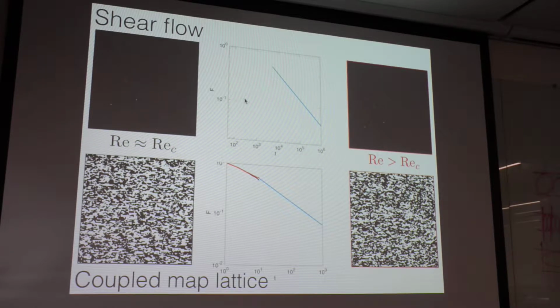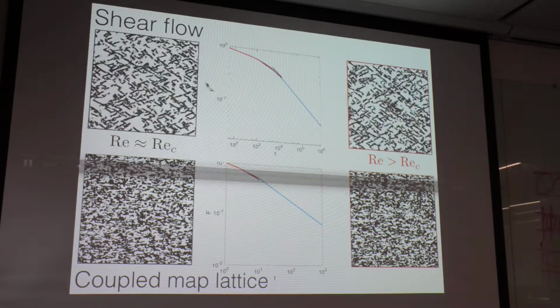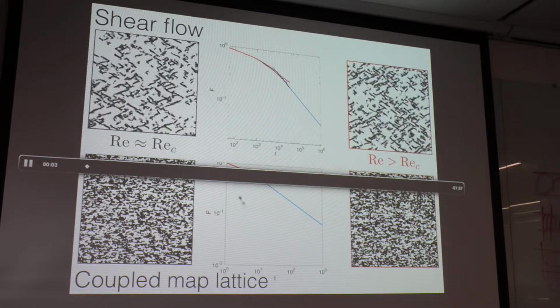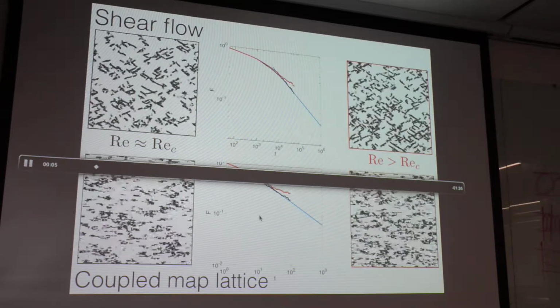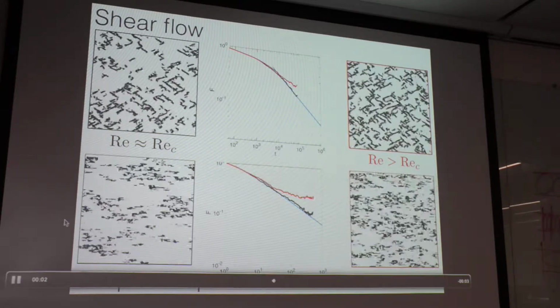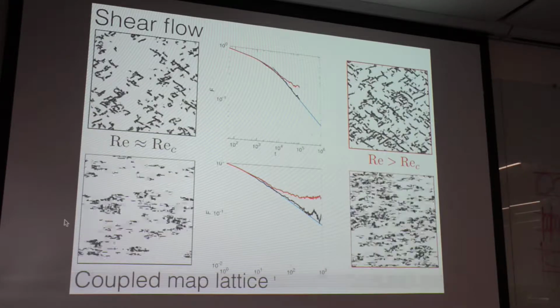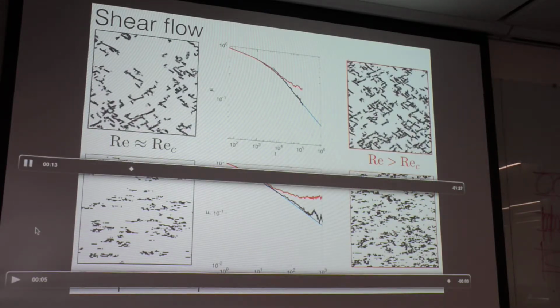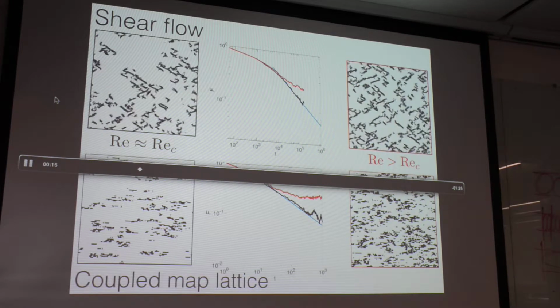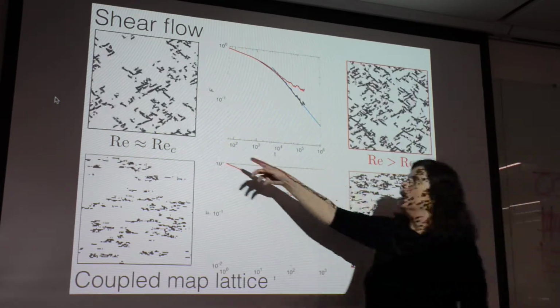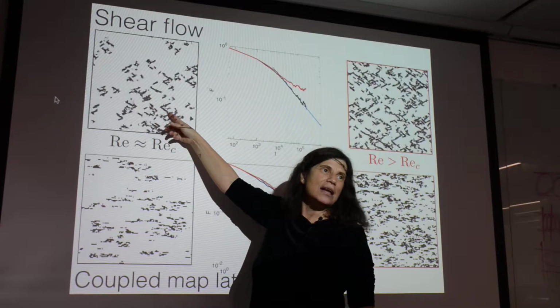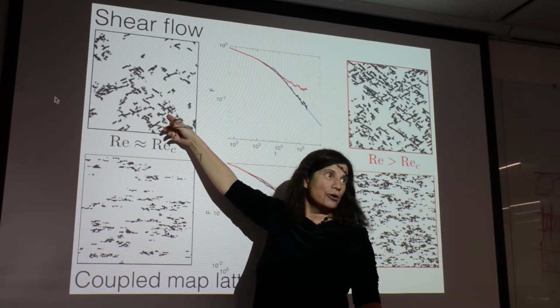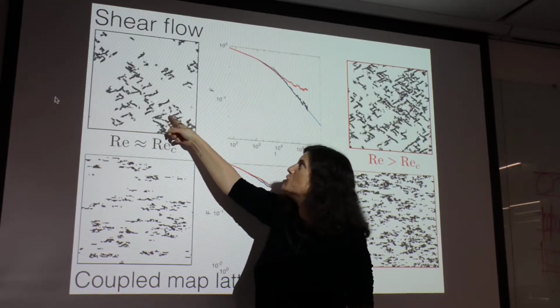So here's a film of the kind of thing that you should see. This is shear flow, and this is their kind of favorite model called coupled map lattice. And what you're seeing is what happens near criticality here. Again, this is going to bubble and just remain. It's not a steady pattern. But there's the same percentage of black